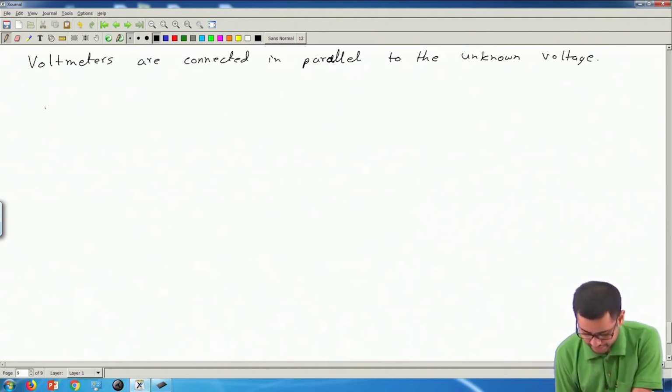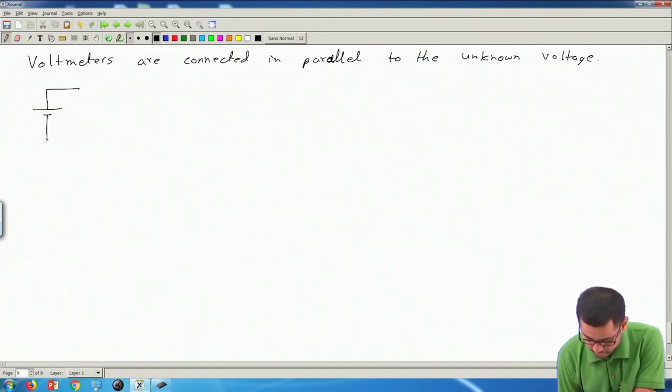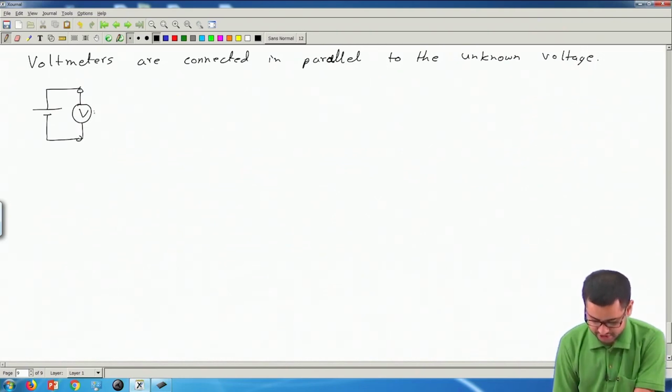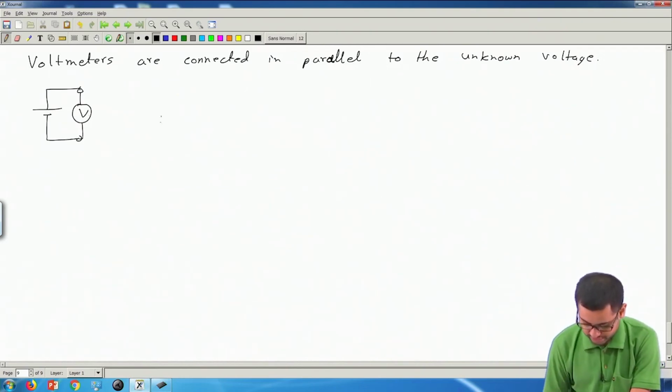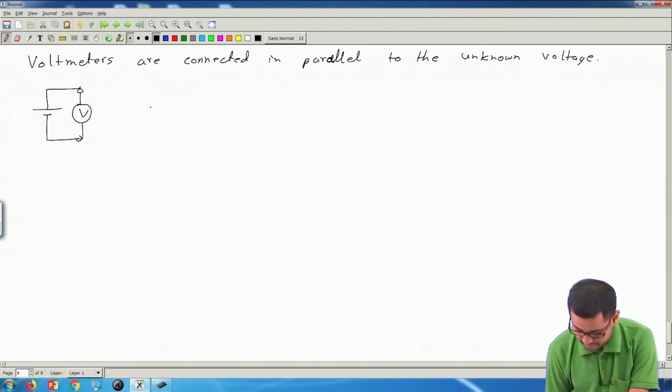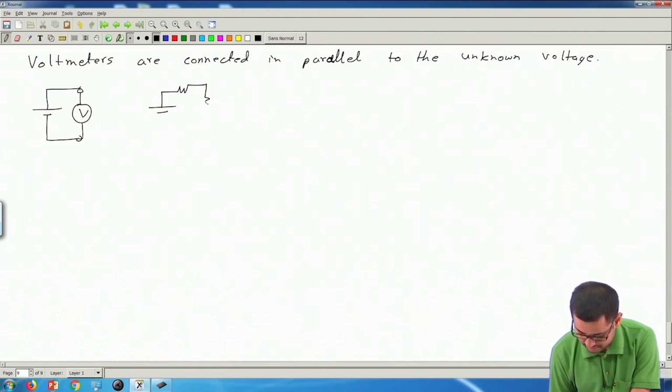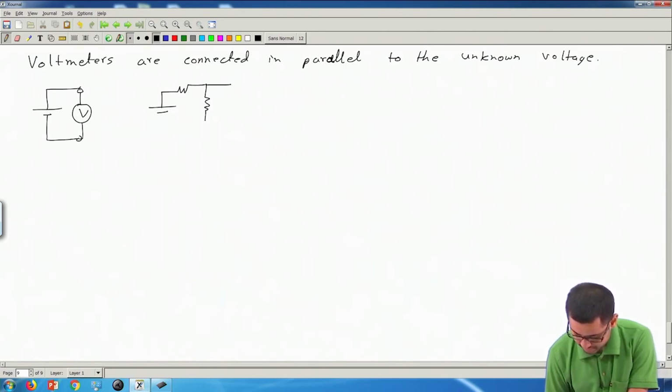If I have an unknown voltage source and I want to measure its voltage, I have to connect the voltmeter V across it like this. This is the symbol of a voltmeter, a V inside a circle. If I have a complicated network like this,